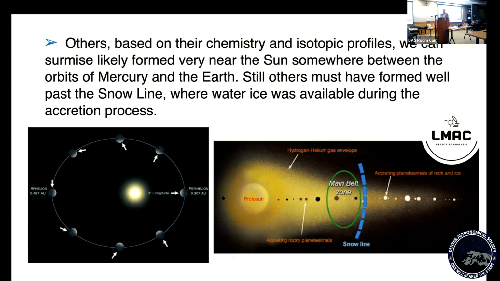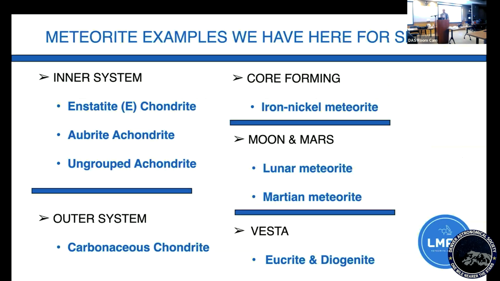With the aubrites, and some of these new ungrouped chondrites that I've been studying and that I'm most interested in, there's at least the possibility still that they may actually be from Mercury, although that's very controversial and not in any way well established. And then, of course, there's also the carbonaceous chondrites. And these carbonaceous chondrites